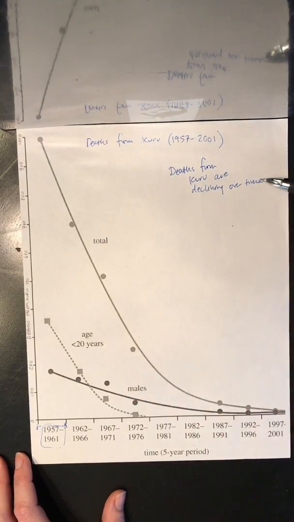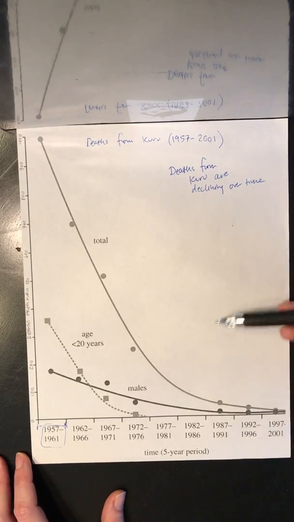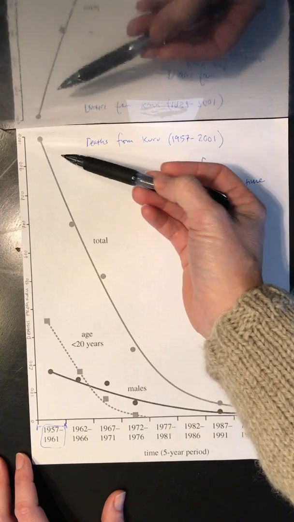And if the lines were going up, then I would know that more people every year are dying of Kuru. But instead I have lines that are going down. So I know that overall the deaths are going down. Now if I take this top line, just because it's the one that jumps out at me first, I have